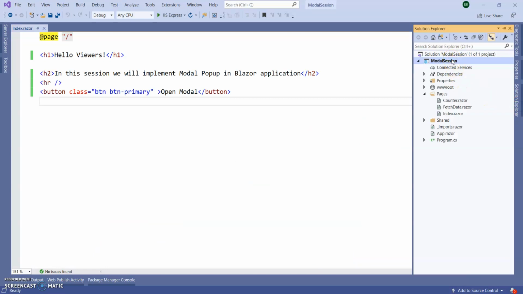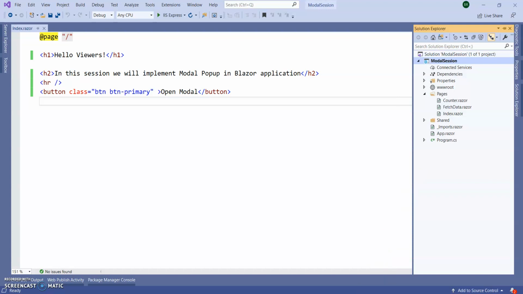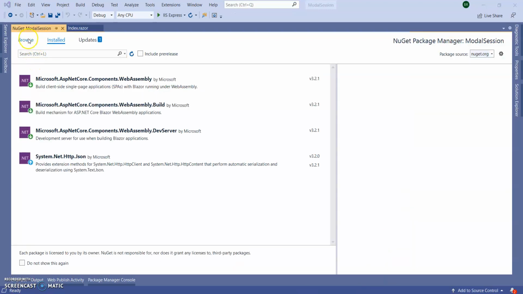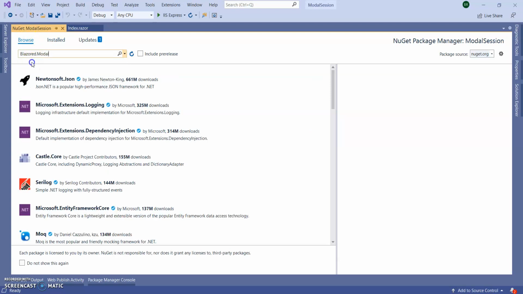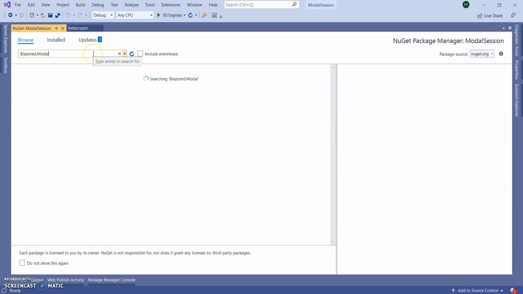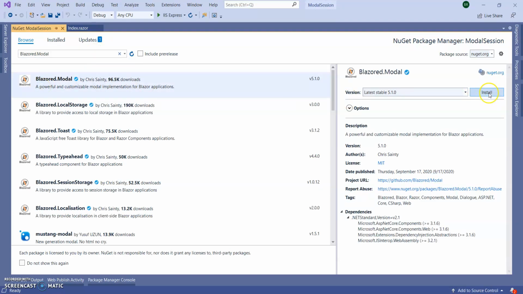Right click on the project, manage NuGet packages. In browse section, search the blazor.modal. This one, the first one, click on install.